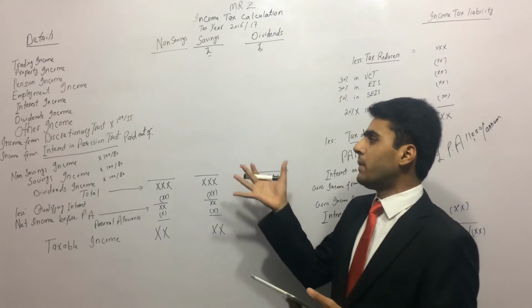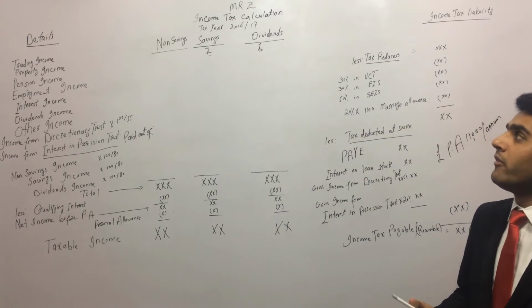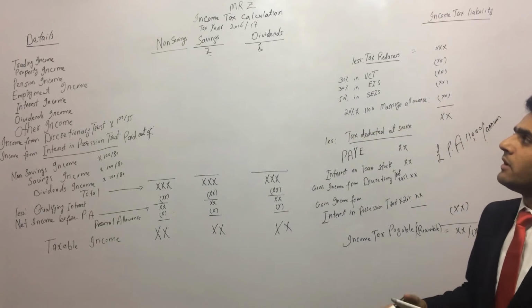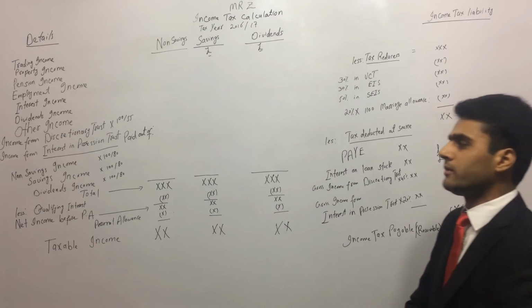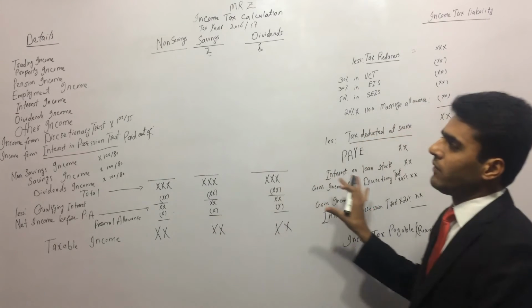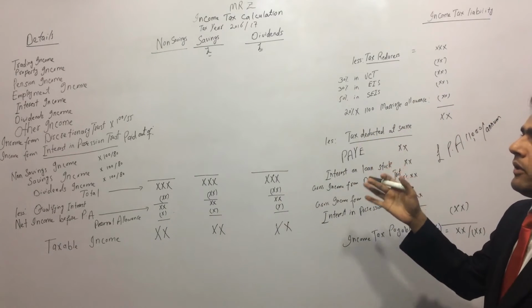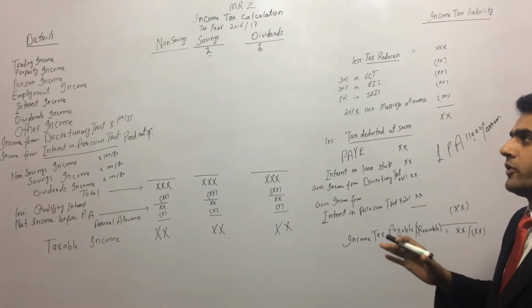Now, I have given an example here on the board. I've just made up the name Mr. Z. Mr. Z is a very, very clever guy. So he has got different sources of income. He's earning income from many different sources. All right. Now, I've just made up the name Mr. Z. The rest of the stuff which I've written here, except Mr. Z, I think, almost everything is given to you in the lecture notes.